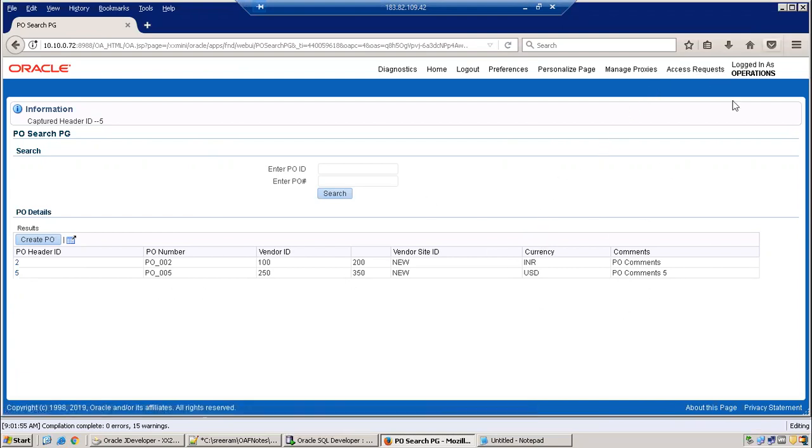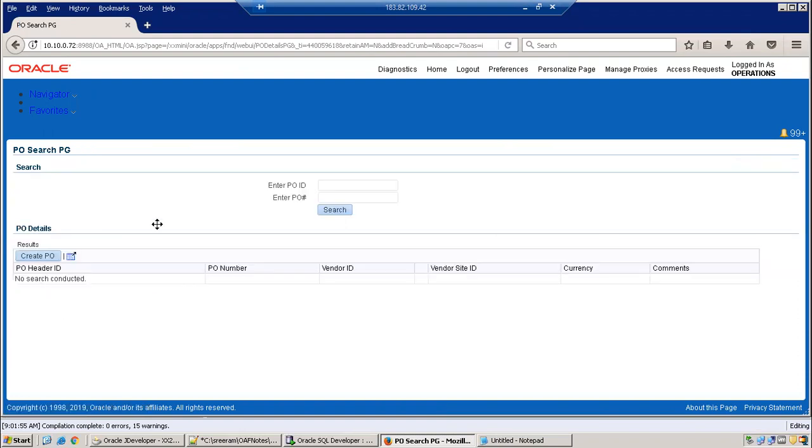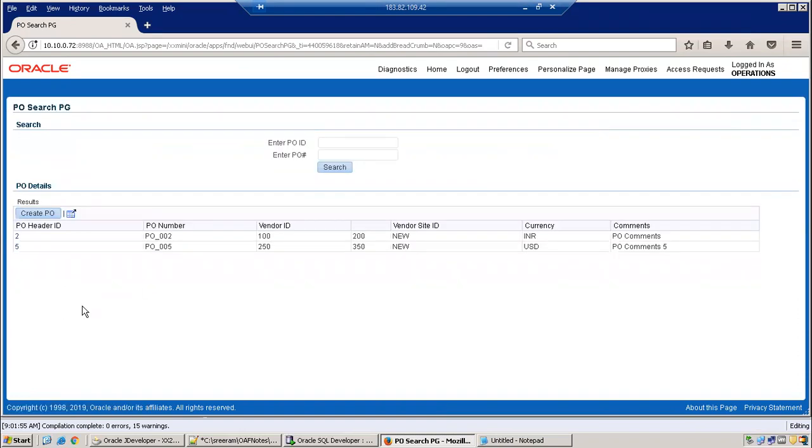Suppose when we click on this pivot header ID, which form is supposed to navigate? For all the three functionalities, insertion, view, and update, I will use only this page, a single page. We have to use dynamic logic so that we can display this content in view mode, update mode, read-only mode, whatever the mode it is. Again, it is going to populate pivot header details, right? Yes, if you select the existing record, obviously it has to show the pivot details. If you are creating a new pivot, it has to provide empty data.